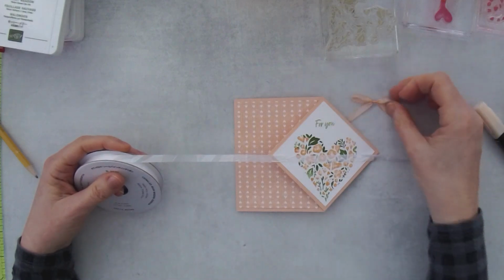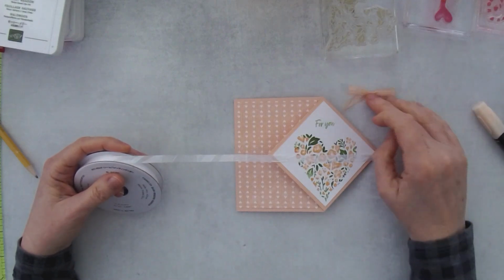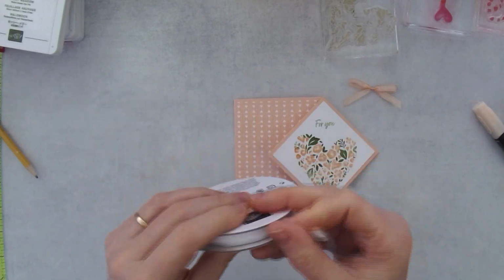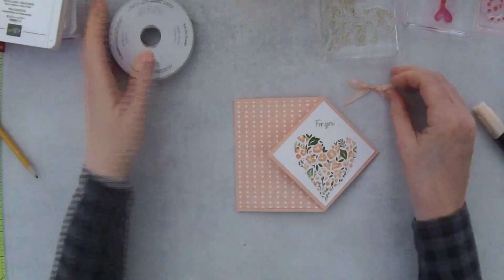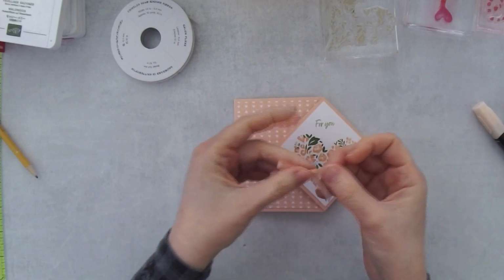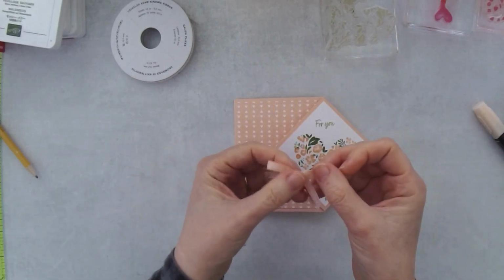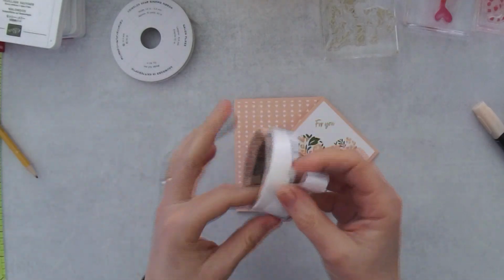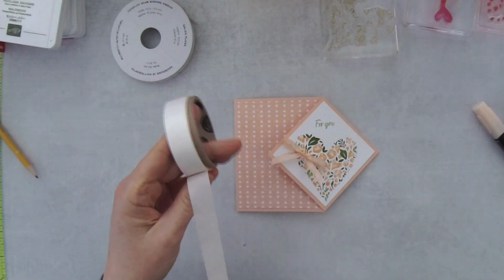But if I'm just doing one, I'll just go ahead and tie a bow and then just color the one. But this Crinkle Seam Binding takes the blends really well. The other nice thing is it's a very light ribbon, so it doesn't bulk up your card. So that's really helpful. So then I'll just take a mini glue dot